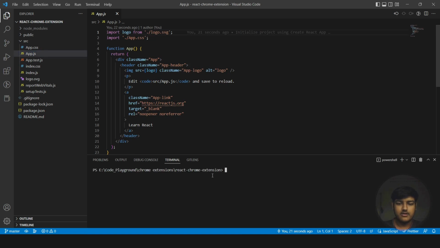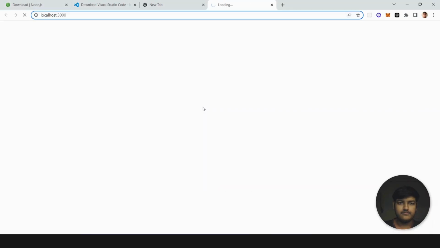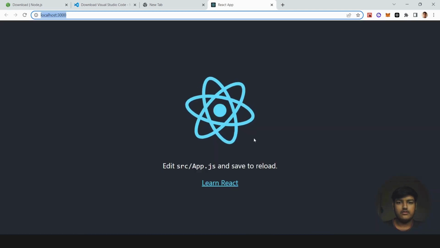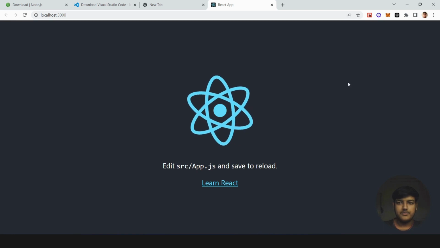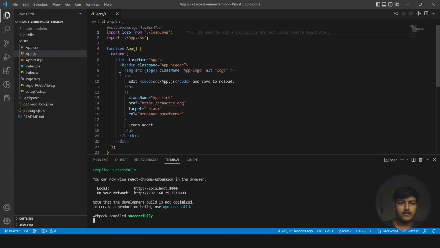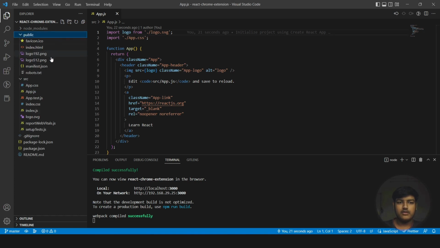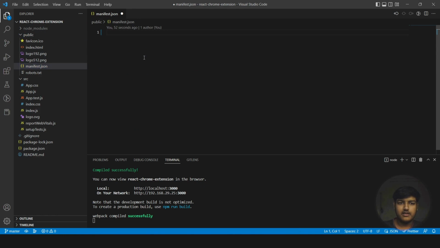Now let us run this on browser first. npm start. So this will run this demo app on our browser. So this is the demo app of React. Now we are going to convert this page into a Chrome extension pop-up. So for that, inside the public folder, the manifest.json file is there. We need to delete the code there,